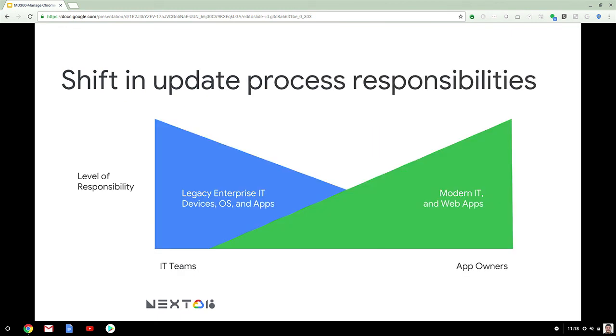And this is something I've charted and talked about at previous organizations I've worked at with a lot of customers. A lot of times IT is held responsible for managing updates, whether it's device, OS, applications, Chrome, and IT teams are blamed if an update breaks something, and not so much the application owner. I encourage you to involve your application owners, your business users, your change management and QA folks in this release cycle of Chrome and how you release it to your organization, and help shift that responsibility from IT into the